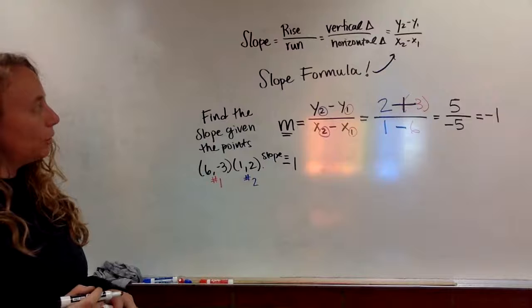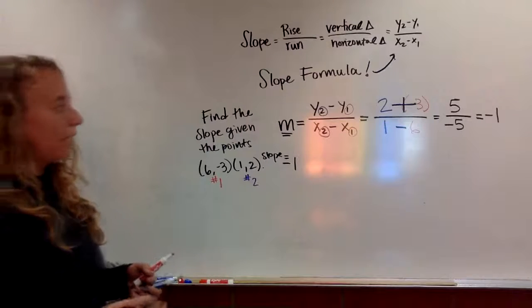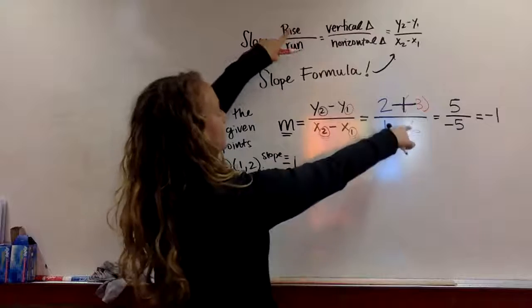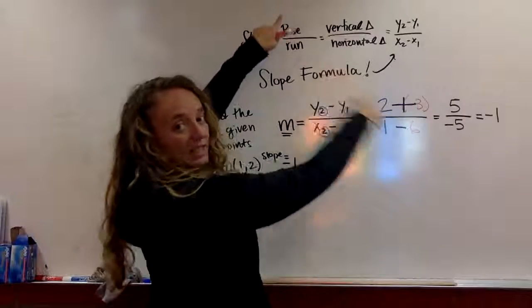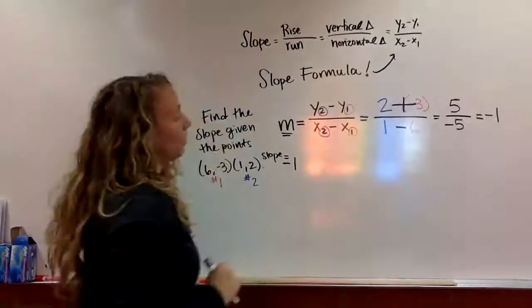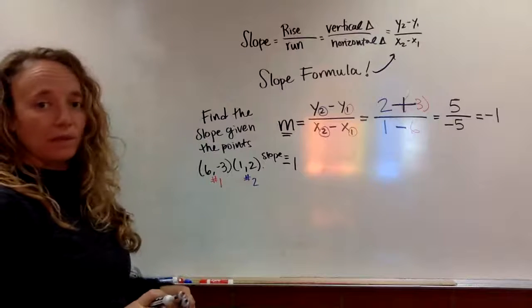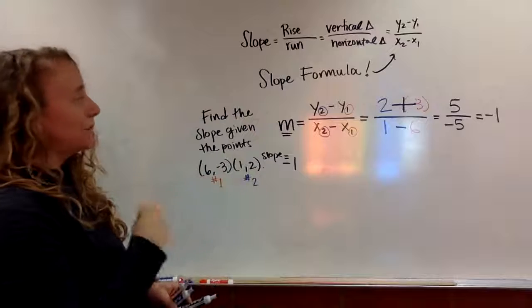Kind of cool. If I wanted to, I could actually graph these, and I would see a graph where I have (1, 2) and (6, -3), and I can see that it's a nice negative slope. But that is how we can use the slope formula. So watch this on repeat if you need to,